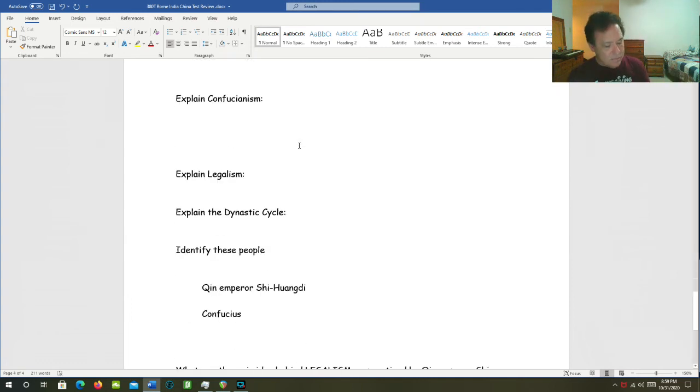Confucianism, let's explain it. This is the idea, in a nutshell, that a harmonious and orderly society will be achieved to the extent that people in this society will be mindful and observant of and respectful of their various roles as defined by the various human and social relationships in their lives, particularly with regard to who in the relationship holds the superior position and who holds the inferior position. So that's Confucianism in a nutshell.